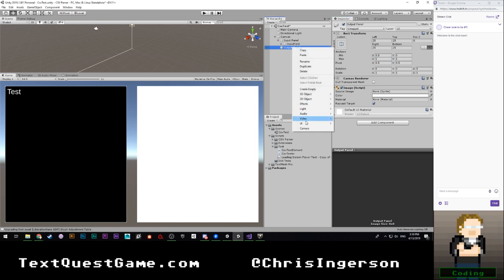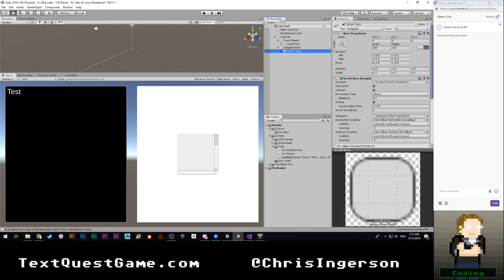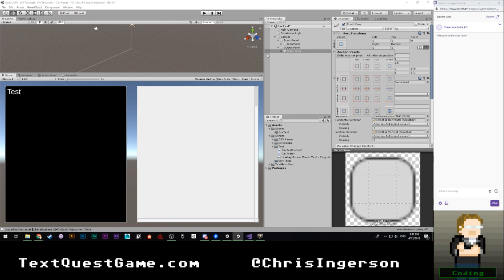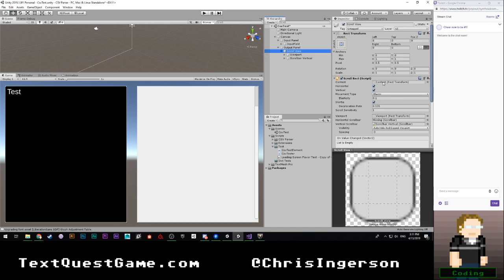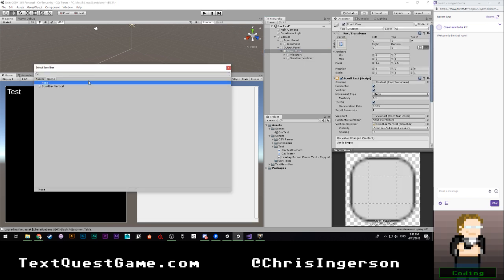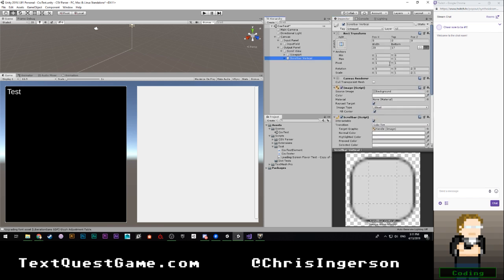Okay, next thing we're going to do real quick is create UI. We're just going to do scroll view. We're going to have that sized up all the way. I don't think I need a horizontal view, so let's get rid of that. We're going to change that to none and get rid of horizontal scrolling. We're going to make this clamped. We're going to give a scroll sensitivity of 15. We'll give our vertical